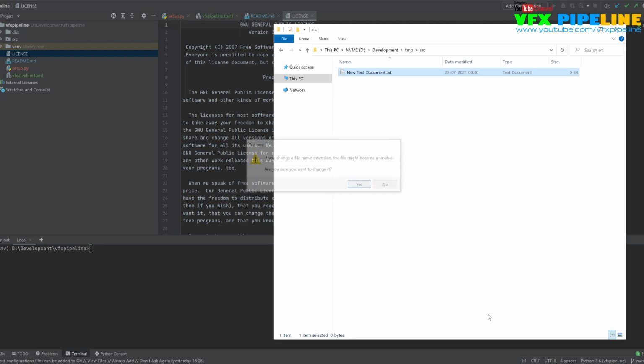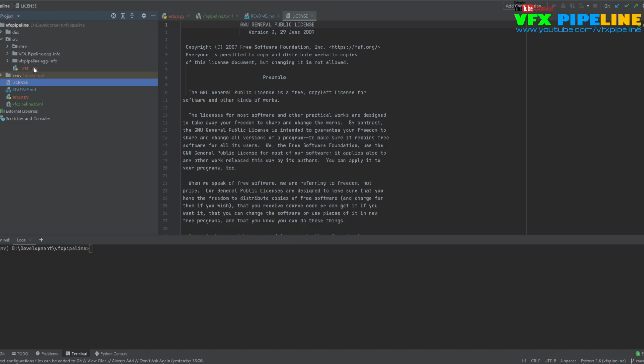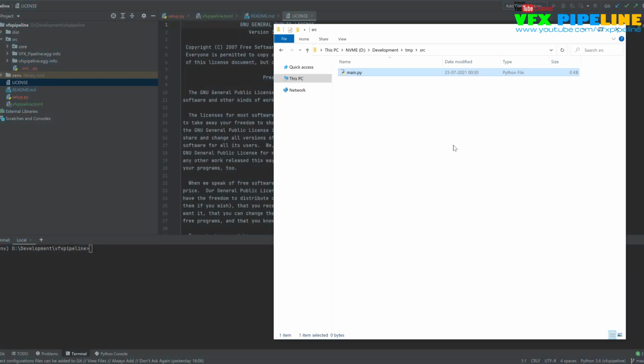You can just follow the same structure here. Since this is a package, you also have to put an underscore init file here: underscore init underscore py. Perfect. All right, so this is your source.